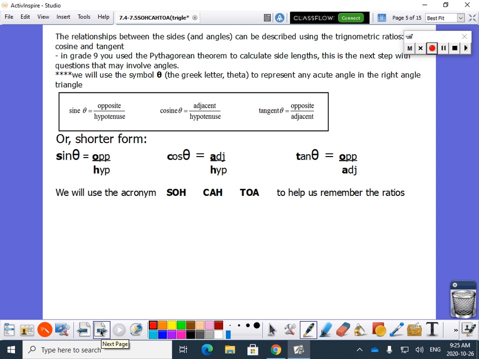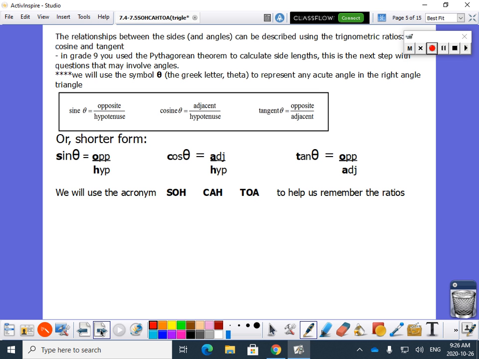So it says here, the relationship between the sides and angles can be described using the trigonometric ratios sine, cosine, and tangent. In grade 9, you use Pythagorean theorem to calculate side lengths. This is the next step with questions that may involve angles. Okay, so we're moving on. We were used to using Pythagorean's theorem. Now we're going to be using something called primary trigonometric ratios